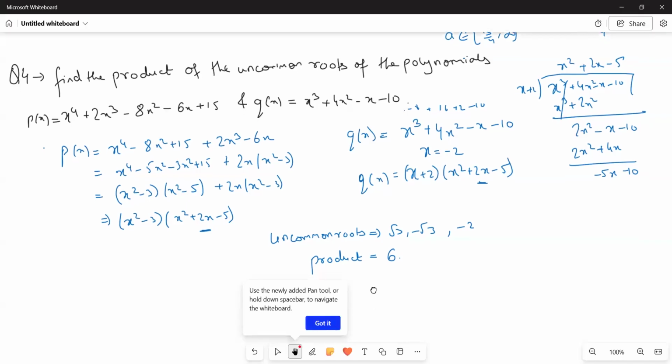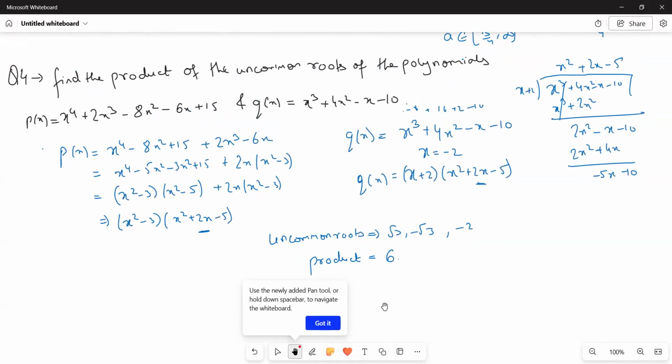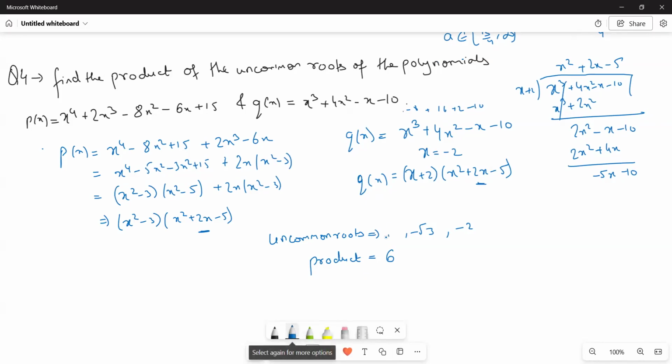सर वो अनकॉमन रूट्स के बाद एरो भी क्या लिखना है? अच्छा, अनकॉमन रूट्स के बाद पहला रूट इज ये √3, √3, -√3, -2, ये 3 रूट्स है, 3 अनकॉमन रूट्स है।